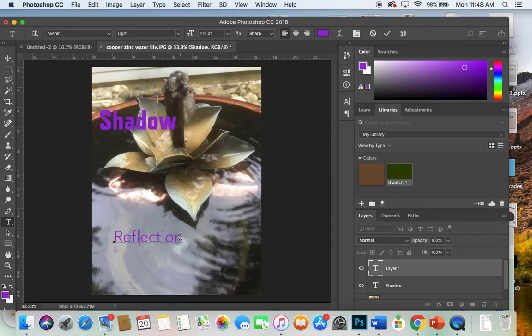I don't like that reflection in purple, so I'm going to change its color too. So I reselect it and I go over here and I want to go for a bright orange. So I'm going to select right there, and then when I go back and click again inside the selected text box, I can see what my new color looks like. I can even do really interesting things. You know,